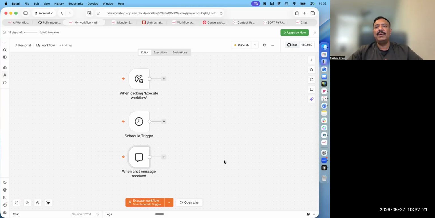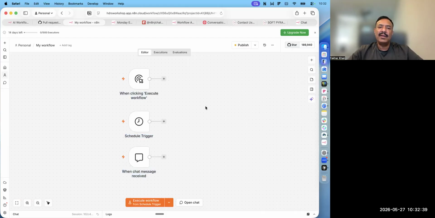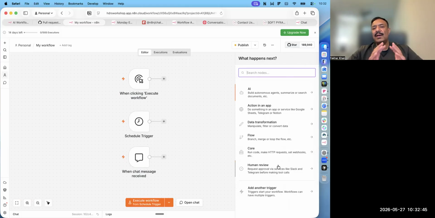So this is the fundamental of the triggers, because this is the starting point of your workflow. So I thought it would be better to get a more understanding of your environment. So when we were on no node here, and we clicked, we were able to see here the triggers nodes. But as we have placed the trigger node into our canvas, automatically the priority of our node selection is changed by n8n,